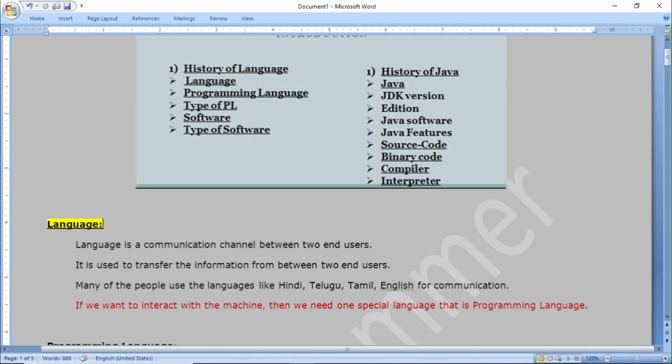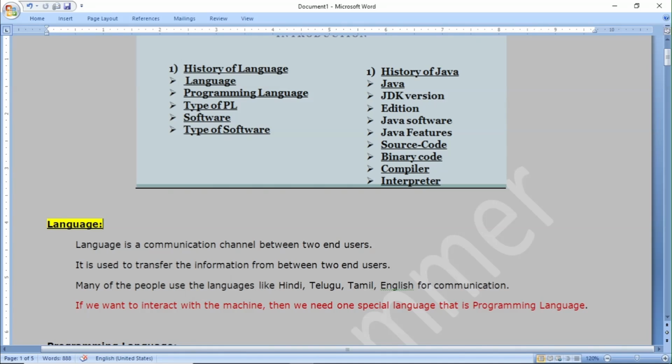There are a lot of languages in which men talk together, like Hindi, Telugu, English. These are all languages, but when we are communicating with any machine, we need a language that the machine can understand, and we can also understand.